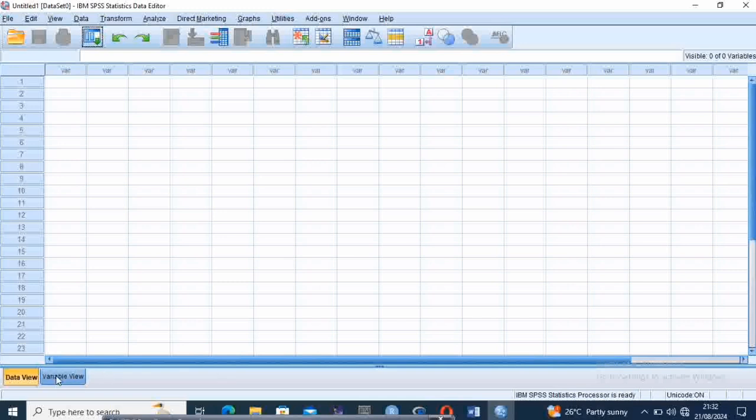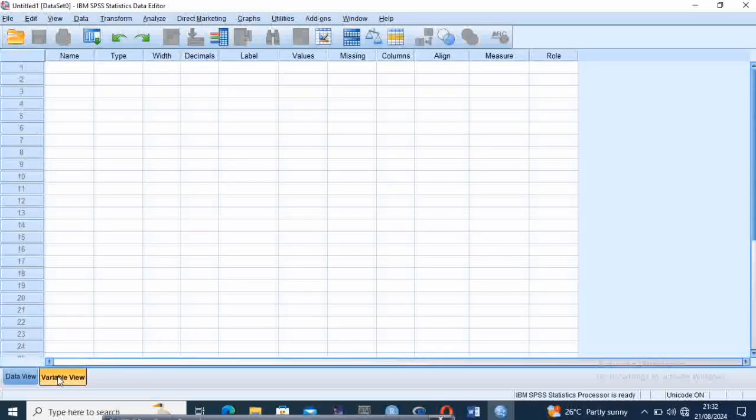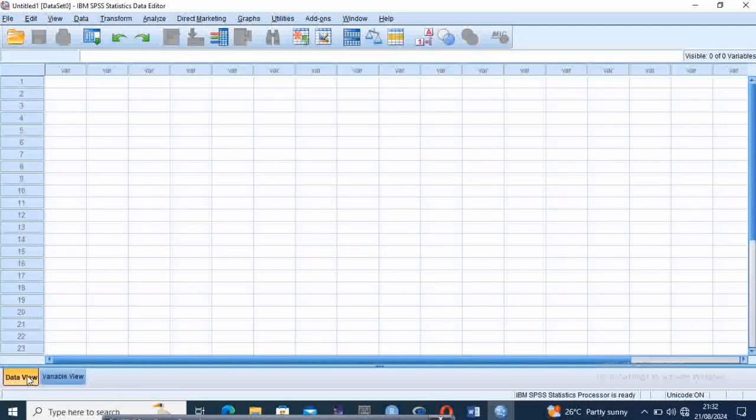In SPSS, unlike Minitab or Excel or any other software, SPSS is set up in this manner. There are 2 views: the data view highlighted in yellow, as you can see, and the variable view highlighted in blue. I can swap from view to view. If I want to move over to the variable view, all I need to do is click on it and it highlights yellow. And if I want to go back to the data view, all I need to do is